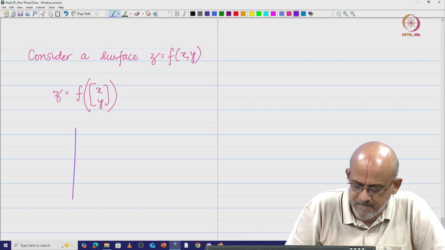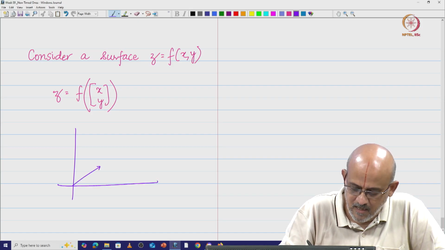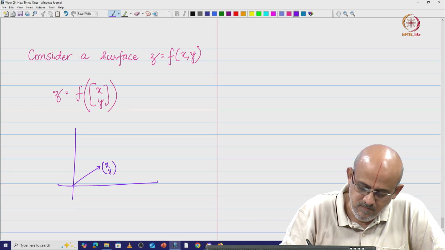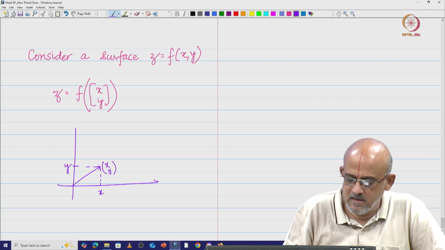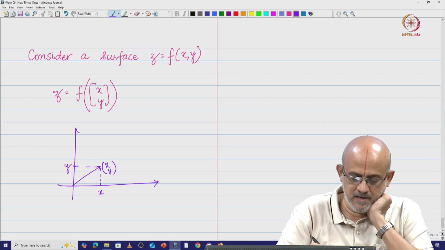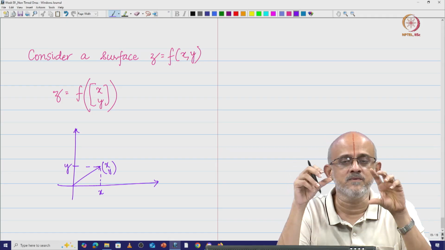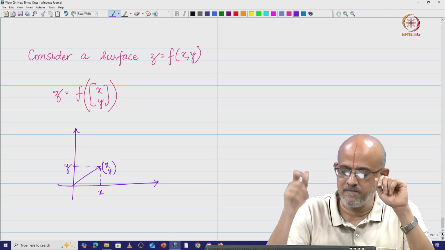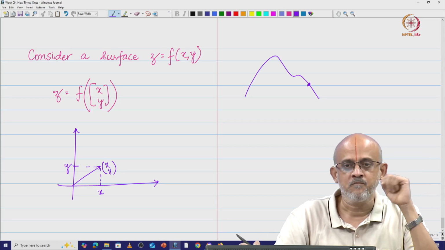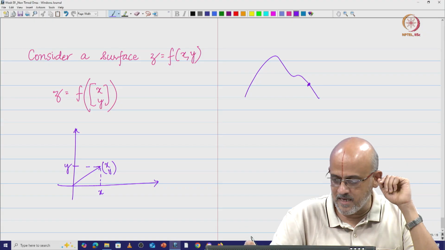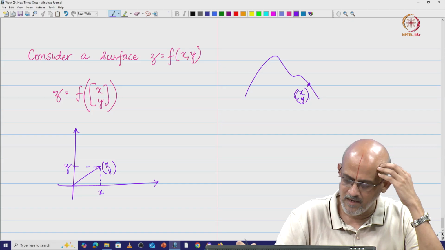Say suppose I have, let us say this is the vector x comma y, right, this is the vector x comma y. Now we will have to understand one important thing. Suppose you are on a mountain at a particular point, let us say some mountain which is going to be like this, and you are at this particular point, let me call that point x comma y, right, that is the point that I am going to look at as x comma y.